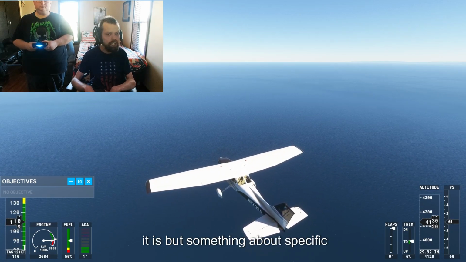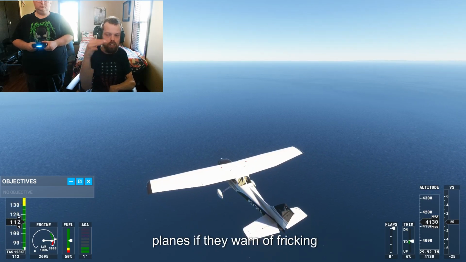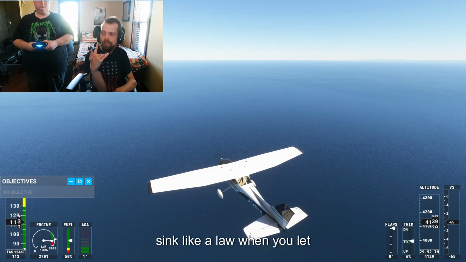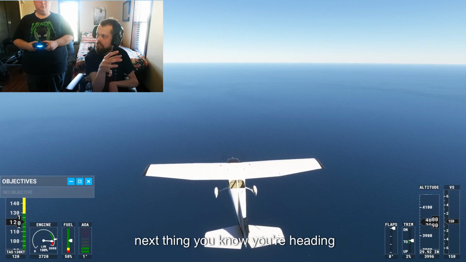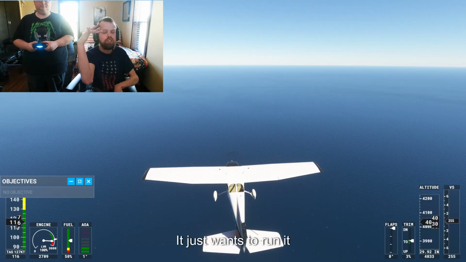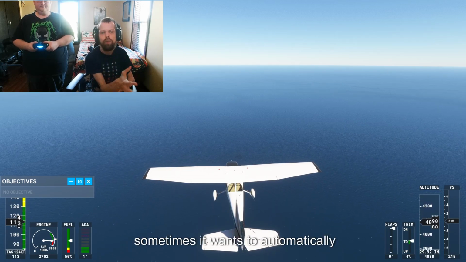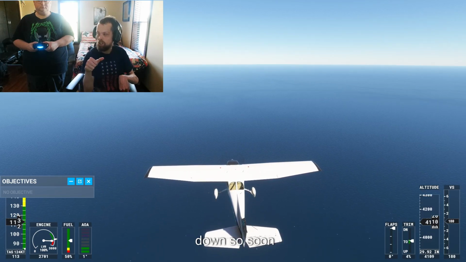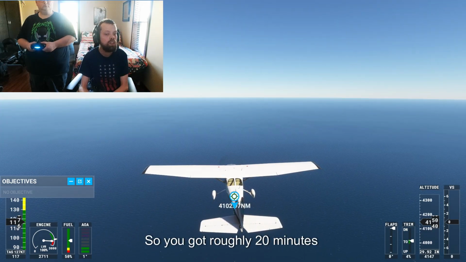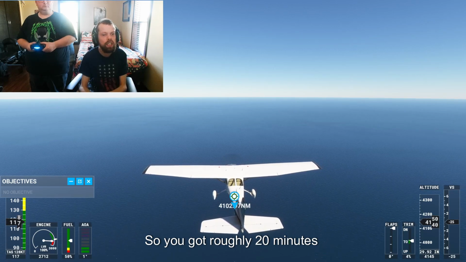So I don't know what it is, but something about specific planes makes them want to sink like a rock when you let go. You're dropping. No, but if you don't keep watching it, next thing you know, you're at 500 feet. And it just wants to plummet. And then there's the factor of sometimes it wants to automatically not let the throttle go way down. So you've got roughly 20 minutes